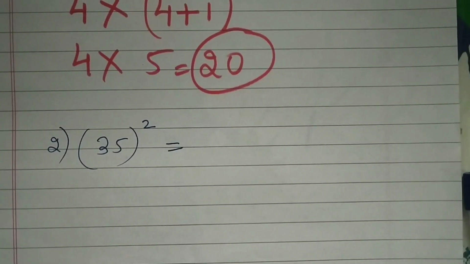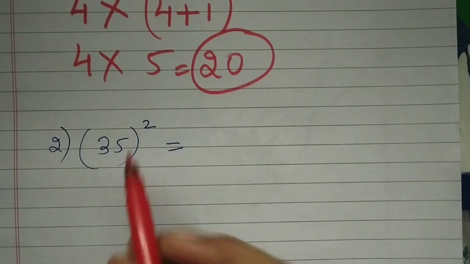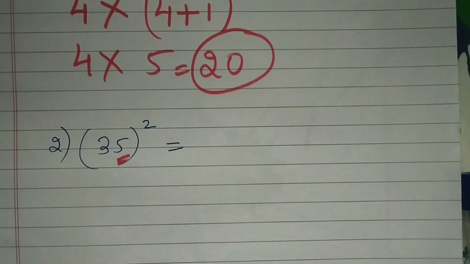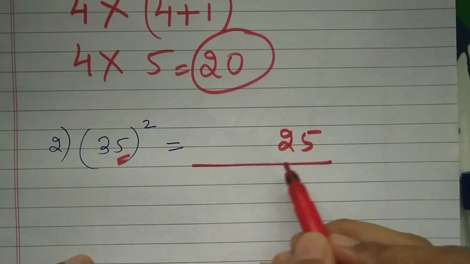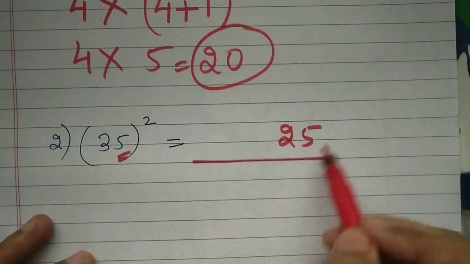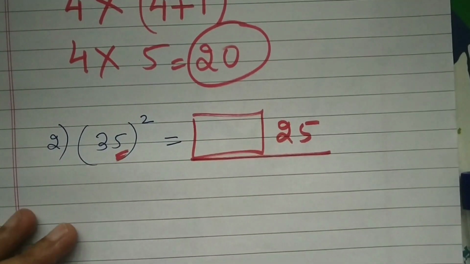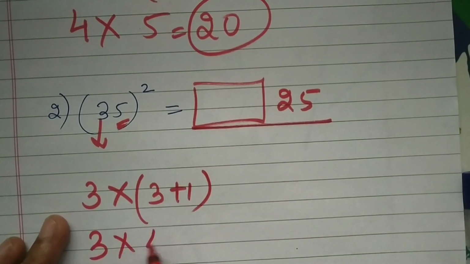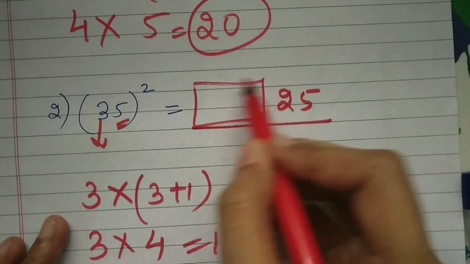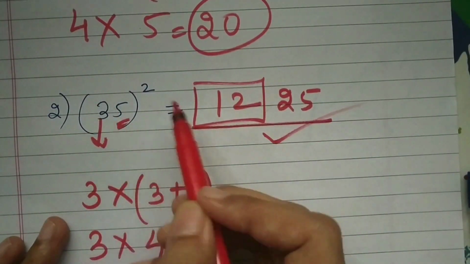To give you a little more confidence, let me try a second example: we are finding 35 square. See, the last digit is 5, so the trick remains the same. The answer will always have its last two digits as 2 and 5. Last two digits means the ending of this answer. Now all we will do is find out this term. Look at this number. It is 3. What does the trick tell you? 3 multiplied by 3 plus 1, which is 3 into 4, which is 12. So the starting part of this answer will be 12. That's the answer for 35 square, 1225.